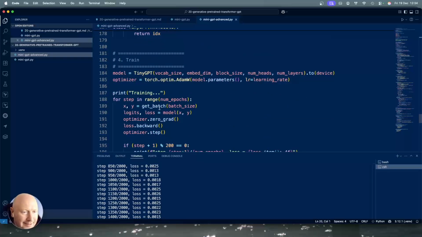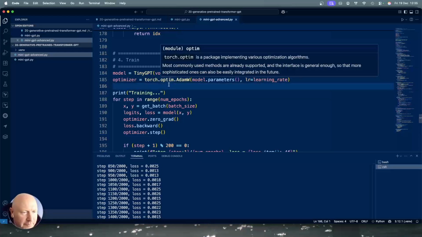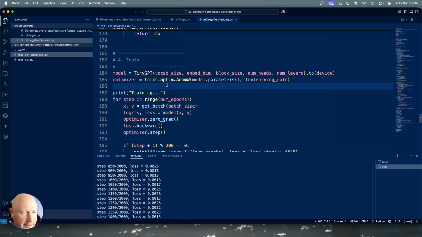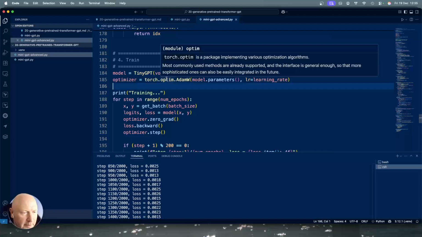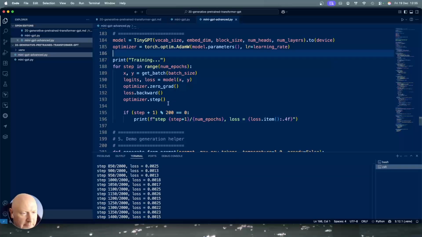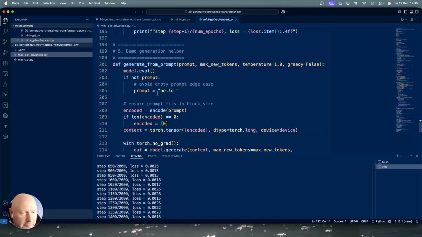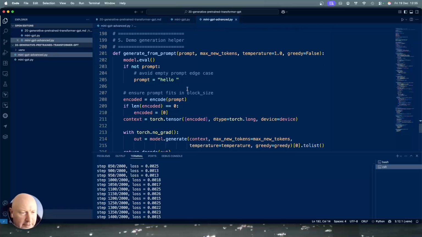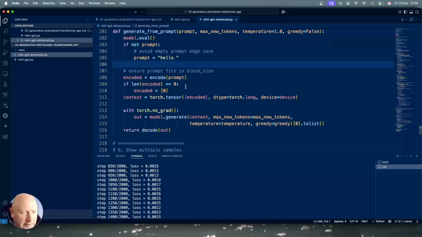But again, it's just trying out these things. Torch has this optim module, you can see it here, for optimization. So this advanced one uses this optimization here. It takes in the model parameters and the learning rate, and starts stepping through them, and then starts adjusting the weight loss and all this sort of stuff here. It'll also start from a specific point in the text itself, so that it knows where the starting text is,